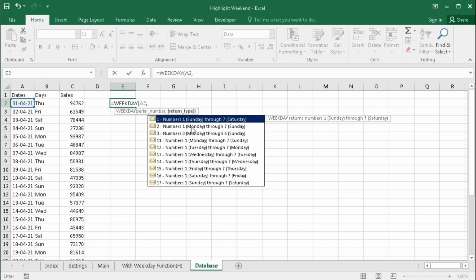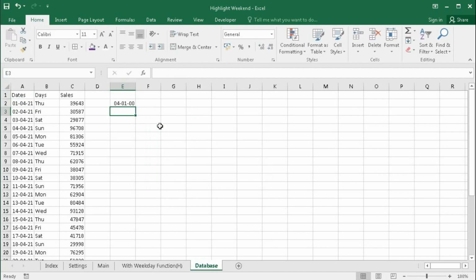If your week starts with Monday and ends on Sunday, you can select 2. But for our work, 2 is the best fit because 6 and 7 are the largest numbers, and we have to highlight these 2 days mainly. So we will select 2 as return type and then bracket close, enter.